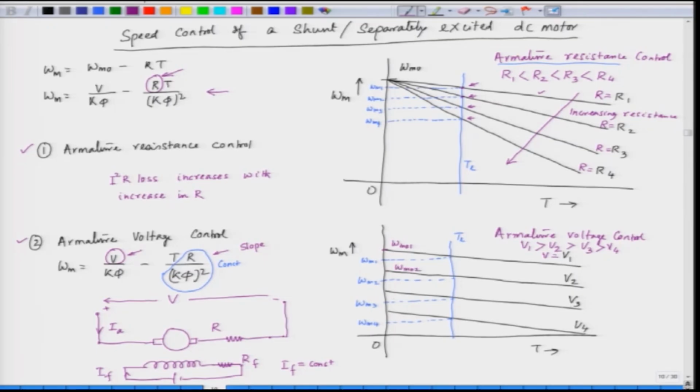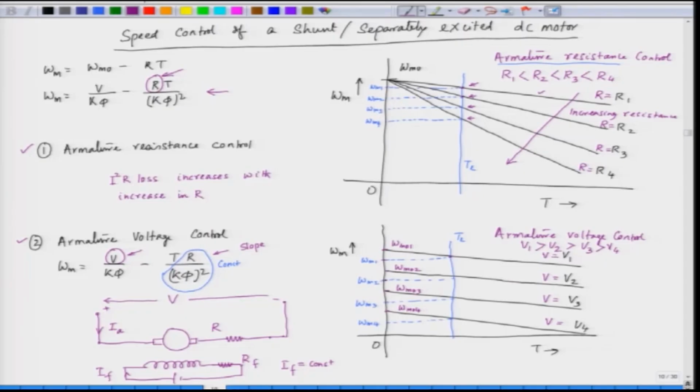Now, further we decrease the voltage. When we further decrease the voltage, the speed becomes omega m naught 3, we further decrease the voltage, the speed becomes omega m naught 4. So, when the voltage decreases from V 1 to V 2 to V 3 to V 4, the intersection also changes. This is the intersection of the load characteristic T L with the first motor characteristic. So, corresponding to V 1 the speed is omega 1,